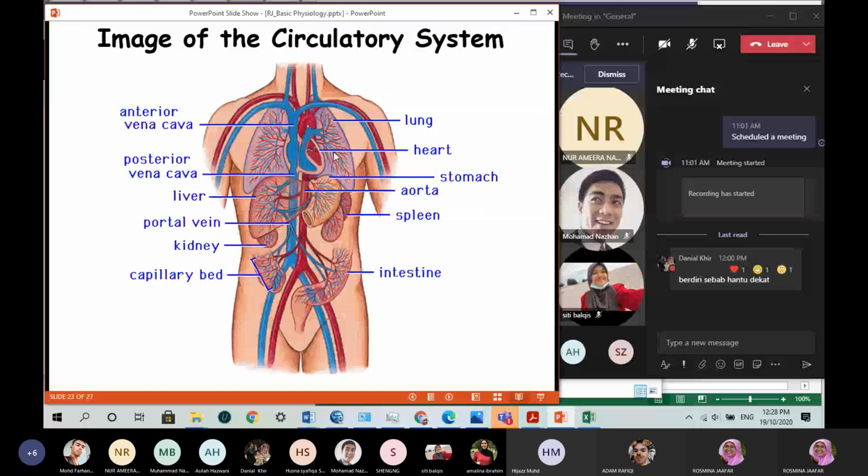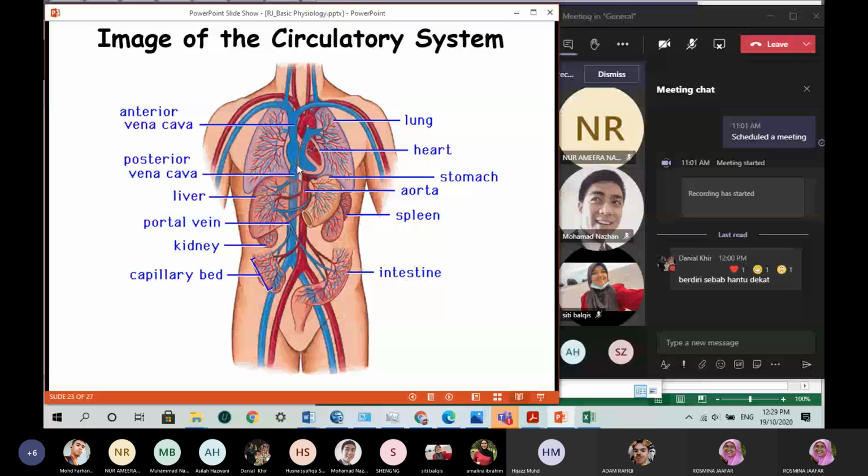And you always see in textbooks they give color to the vessels. So the blue is deoxygenated blood, the red is oxygenated blood. And you see here the heart, the right side is deoxygenated blood, the left side of the heart is oxygen-rich blood. And you will have circulation to the upper part of the body and circulation to the bottom part of the body. And it is very unique.